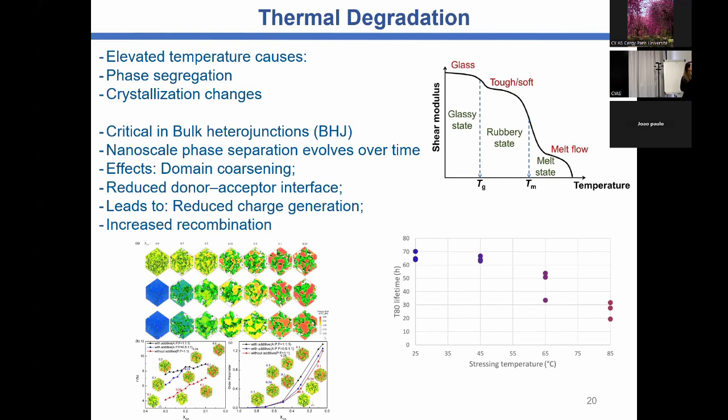So the stability around this temperature is quite important to analyze. If you have a higher temperature, you can also analyze it, since sometimes the application of the device will be on a specific architecture